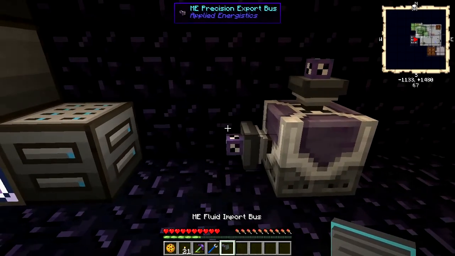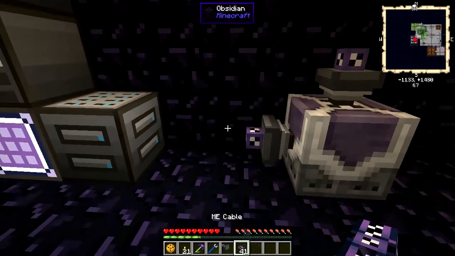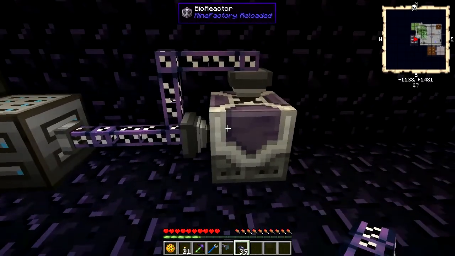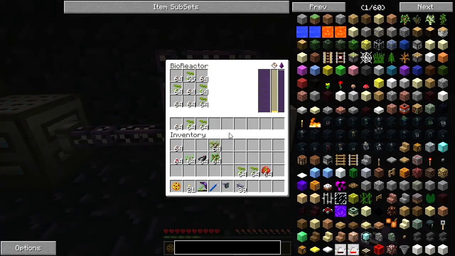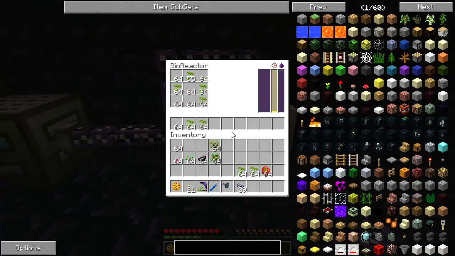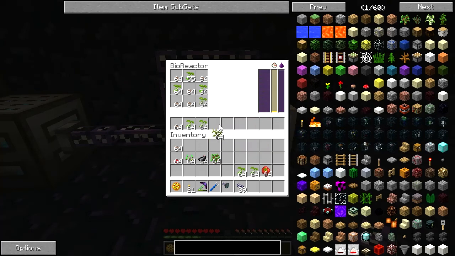And then I'm actually going to run it before I take a fluid export off of it, just so that you can see how it works. Let's see, let's connect that to the network. Now this is immediately going to push into here stacks of each of these items. And it looks like it didn't do it quite like I would want it to, so